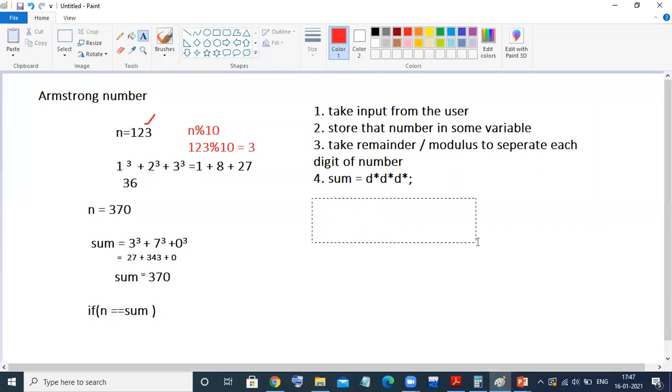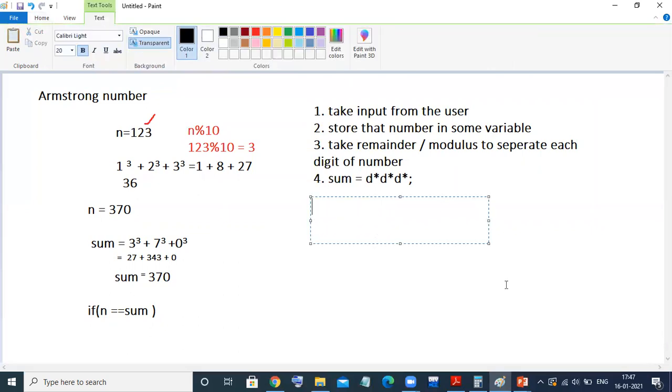After that, the fifth step is to divide the number, because I just want the number leaving the last digit. So simply divide the number by 10 to cut the last digit.